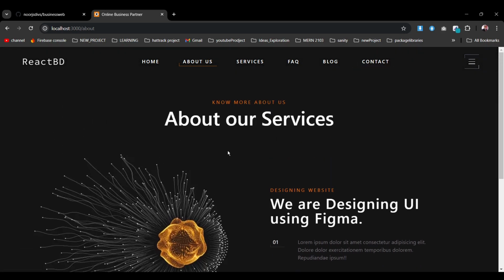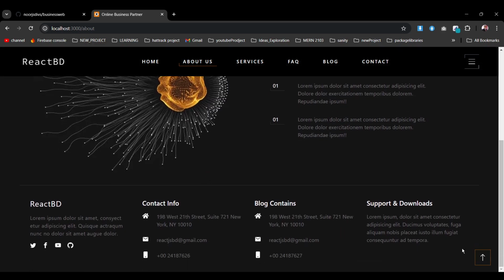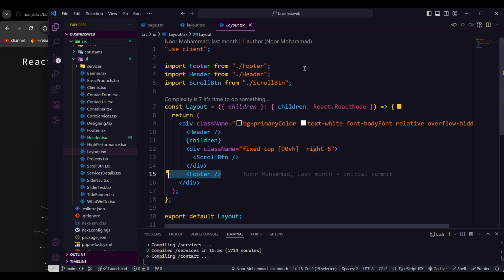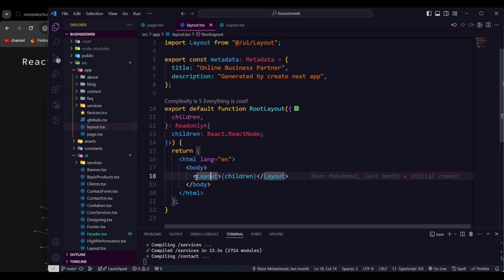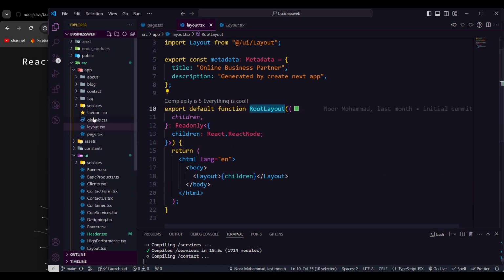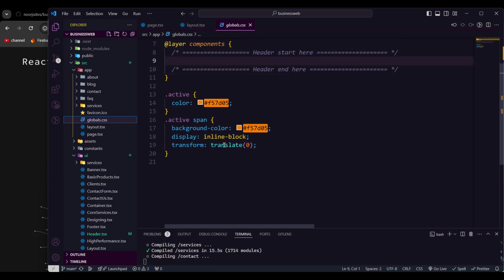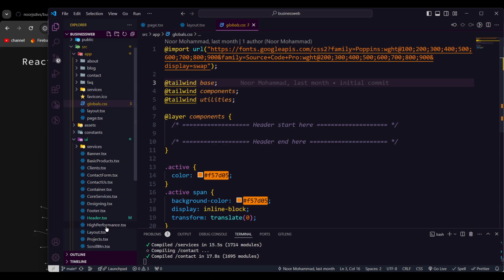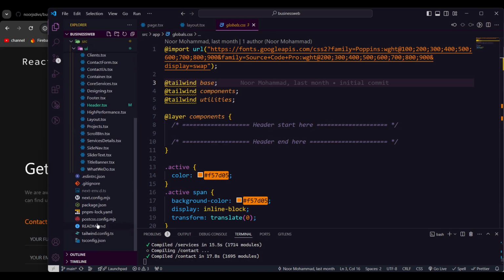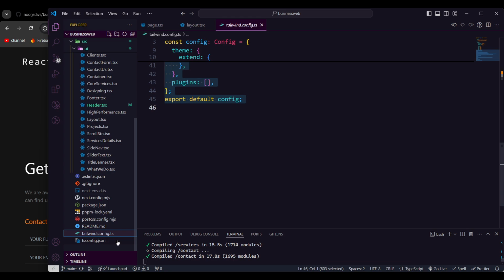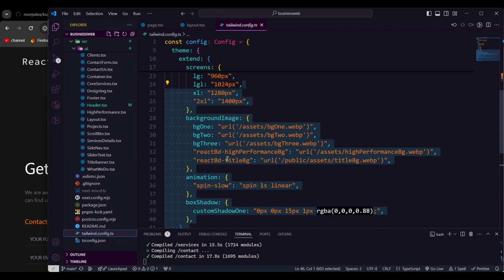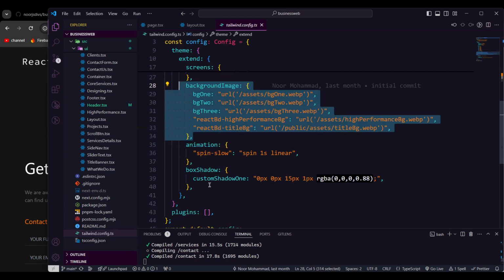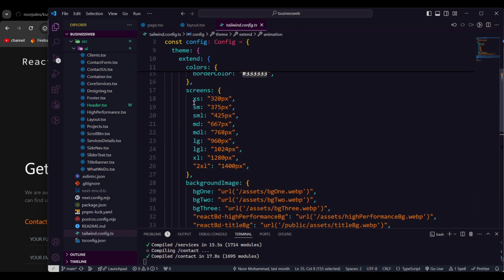Whenever you go in any pages, you will see that header, you will see the footer. It's called BTN available, because I'm injecting it from the layout within that root layout here. So that's the global CSS, just to provide the CSS, and that's passing our font as Poppins. If you go back to that tailwind.config.ts, you can find we are passing that background images, and also all the other properties, screens